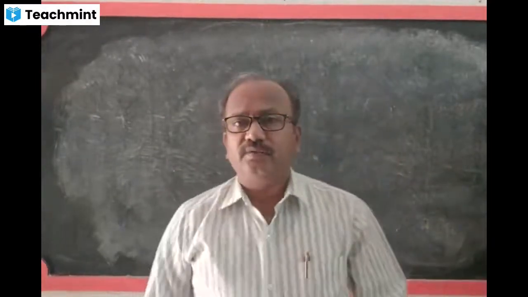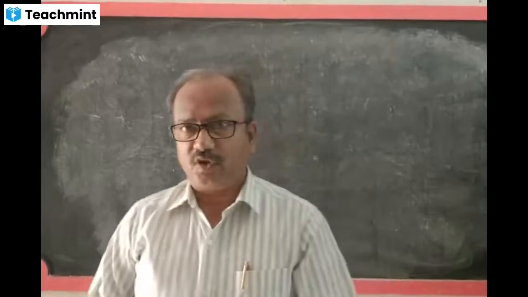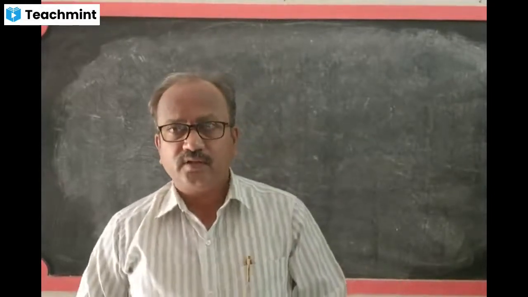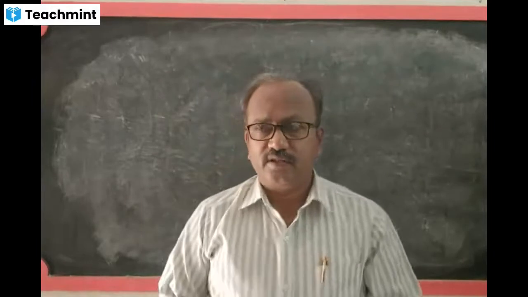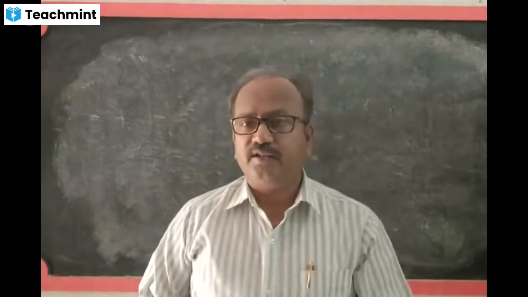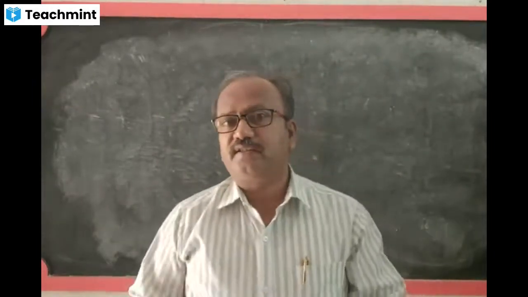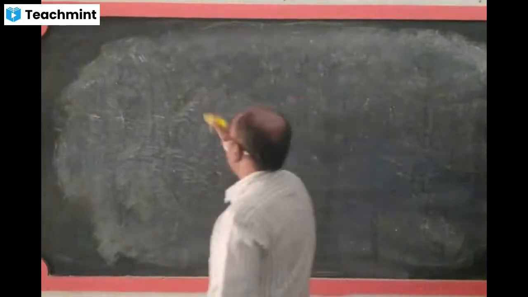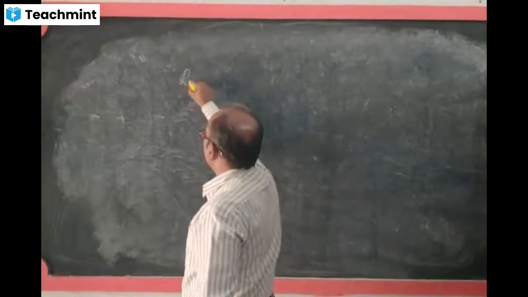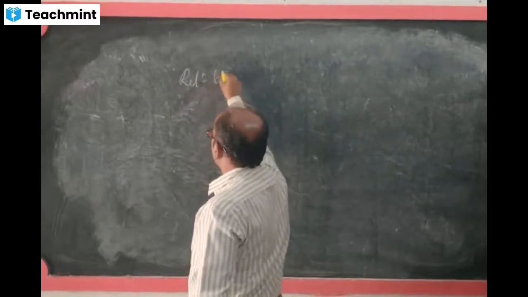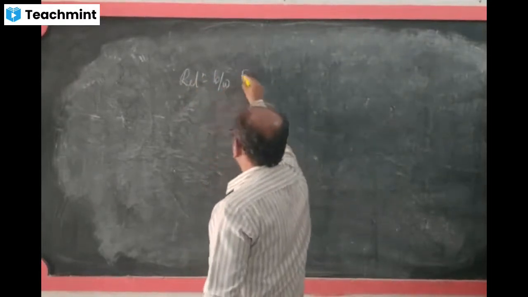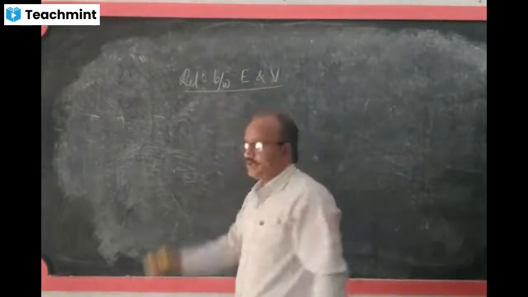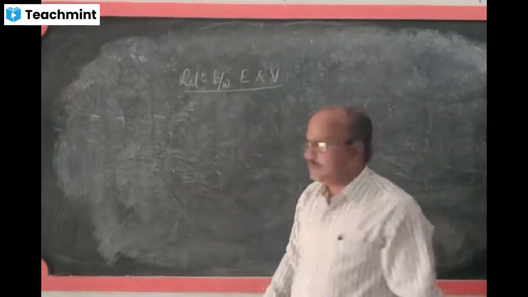Already you know the meaning of electric field from the first chapter, that is E is equal to 1 by 4 pi epsilon naught, charge by square of the distance. That is the electric field, and this electric field is related to the electric potential. So let us take a relation between electric field and electric potential. Let us consider